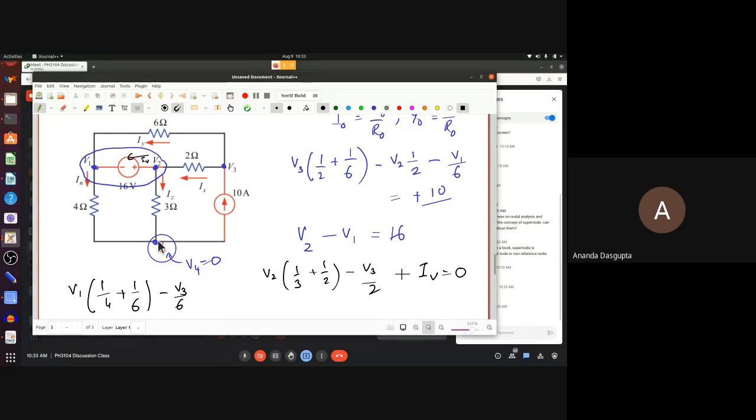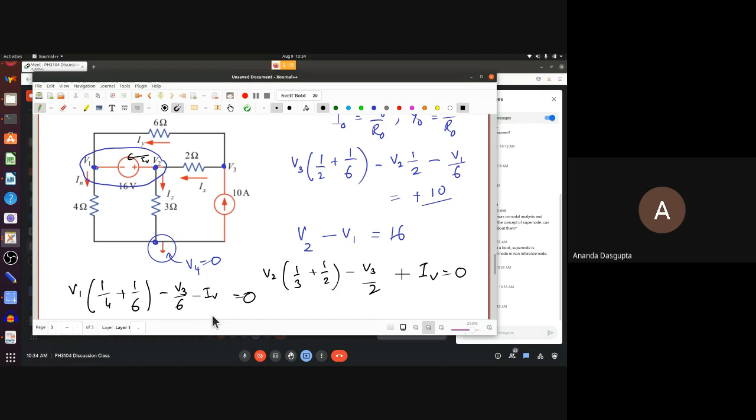But anyway, as people have pointed out, this current here is actually minus IV. Right? IV is the current flowing from V2 to V1. Here we are talking of the current flowing from V1 to V2. That's just minus IV. So if I wrote down the Norton equations for the two nodes separately, the problem would be I have to deal with this IV, which I don't know. But notice that in one of them I'm getting IV, the other I'm getting minus IV. So if you just add the two equations together, I've got rid of the IV.